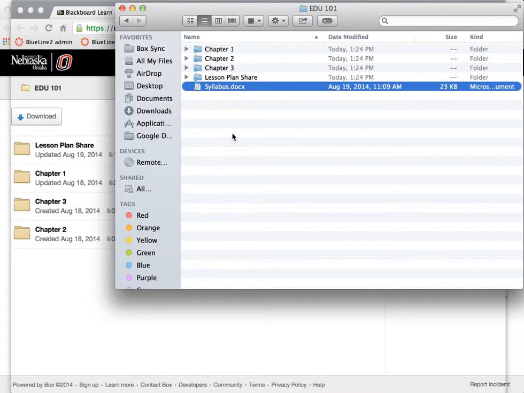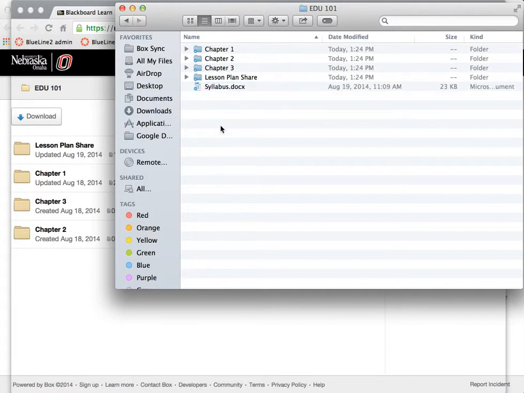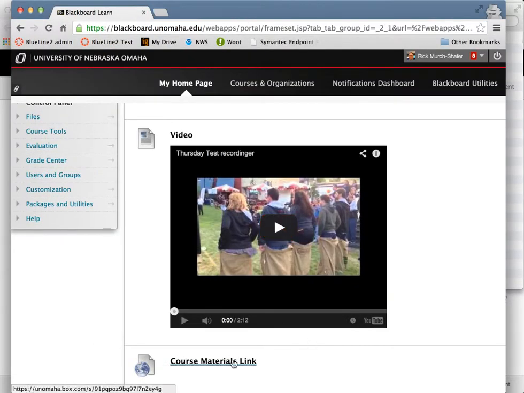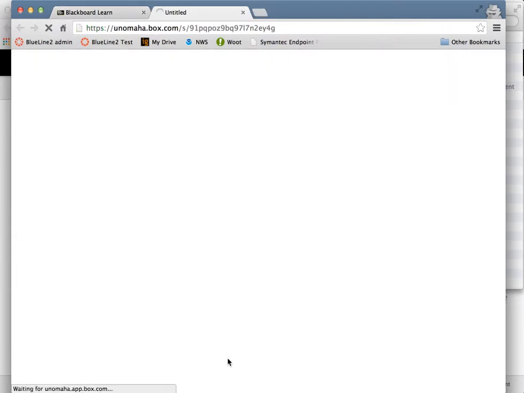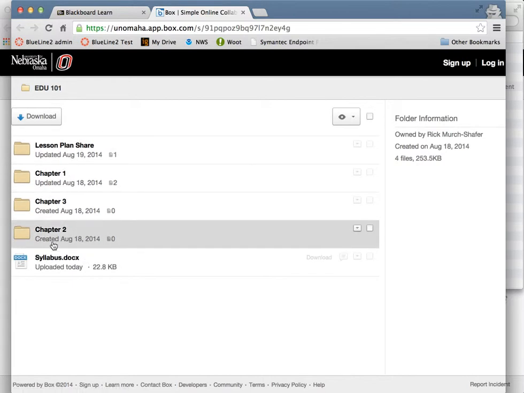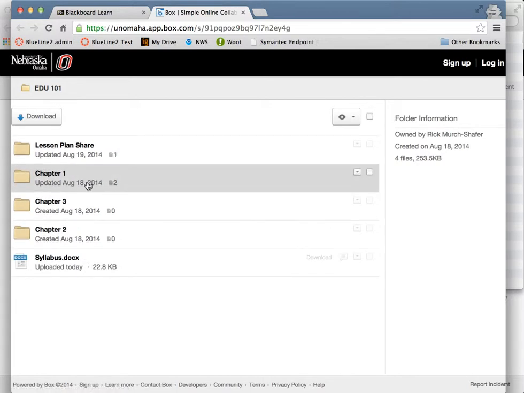I haven't uploaded anything to Blackboard, I just put it in this folder. My computer is now syncing that file up to the Box website, and in fact I can see the blue check mark that it's done. Now let's go back to Blackboard and click that link again, and when it opens, we'll see that the syllabus has indeed been added to my Blackboard course without me doing anything in Blackboard once I've set it up. And similarly, I could add 100 files inside these folders if I wanted to, and that would